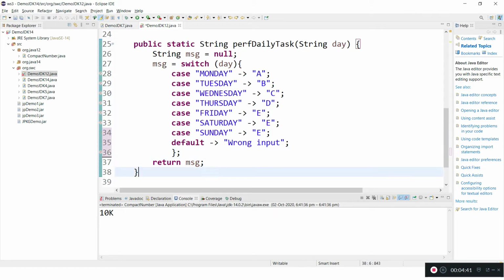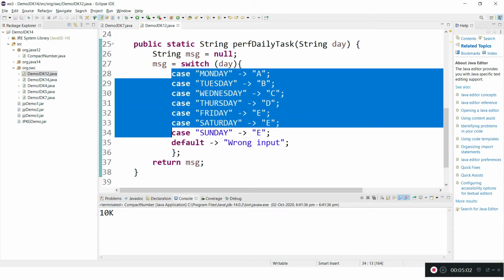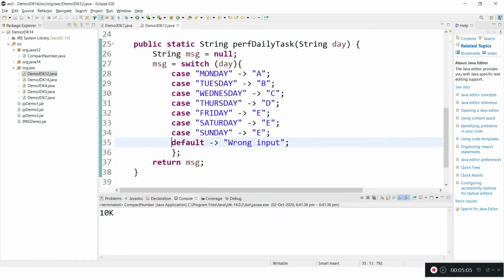The thing is, switch expressions are intended to return a value. Let's say I am passing some day. Instead of Monday to Saturday, I can pass XYZ. If the input is XYZ, in that case none of the cases will execute here. So the switch expression cannot return a value. That's the reason we need a default where we can return some value if none of the cases are executed.